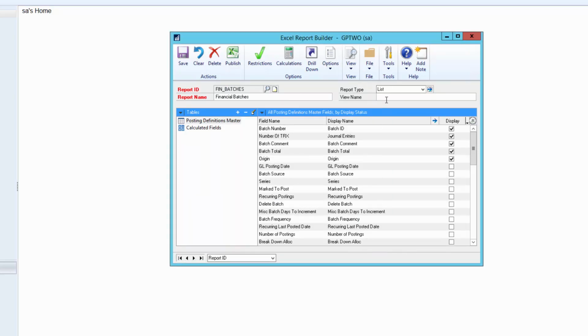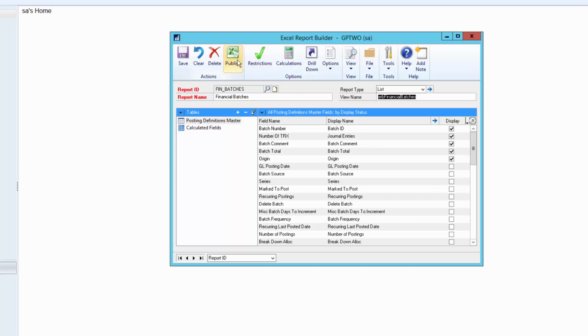The other thing we have to do in an Excel report is put in a view name. Excel reports are run outside of GP. They're going to use your Windows user account. And so we create a SQL view that your Windows user would get access to be able to run that list. You're not using your GP users, you don't already have access to all the tables, so we're going to create this view to pull in the data of this setup, and that's what Excel is going to use.